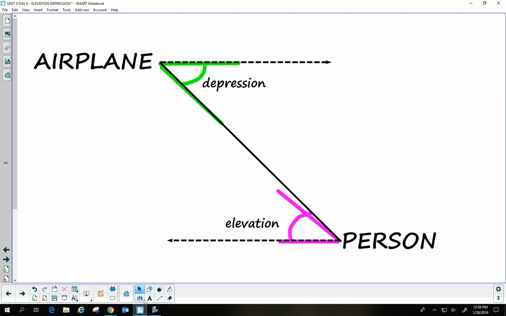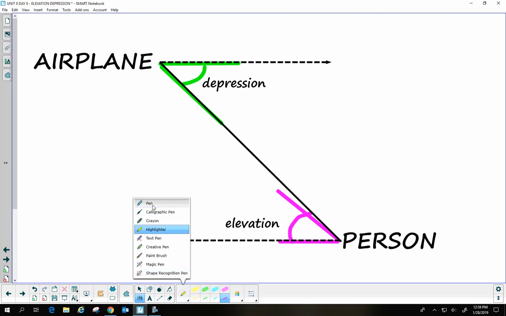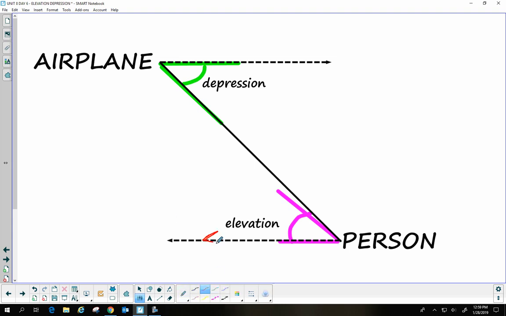We have two parallel lines. These horizontal lines are parallel. And this line between the airplane and the person is called a transversal. And these are two alternate interior angles that we already know are congruent. So if I know an angle of depression, I know the angle of elevation from the opposite side of the picture, and vice versa. If I know the angle of elevation, I know the angle of depression from the other side of the picture. And that becomes really useful because what we can do